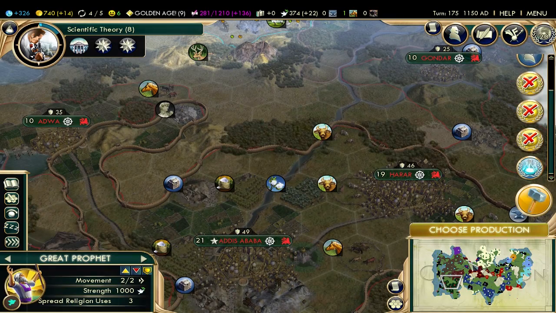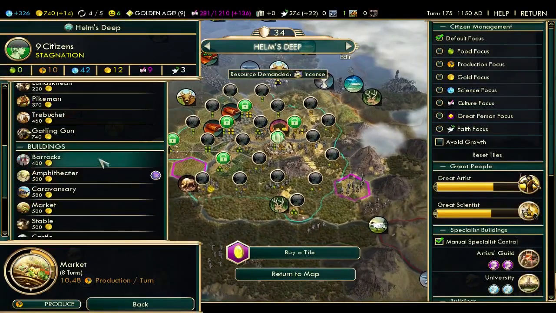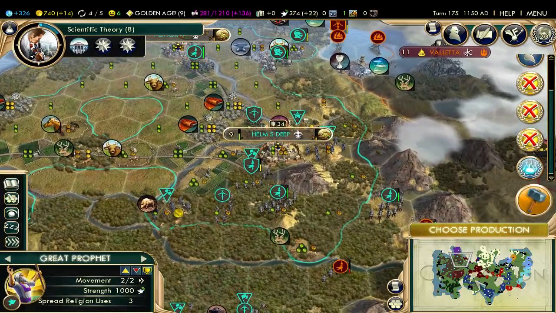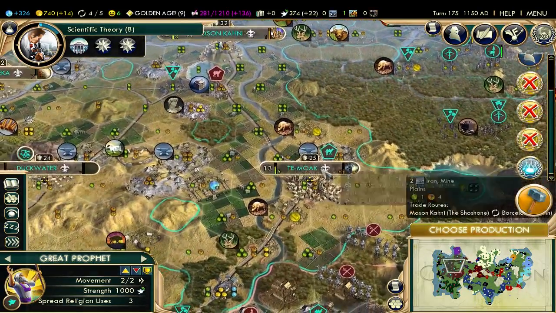Alright, so we got 740 gold now. That should be enough to buy our observatory. No, I keep forgetting. That's not enough. I need to sell my horses. I didn't want to sell my horses, but that would be a quick way to get the money here. Oh, it's the Golden Age. Okay, so